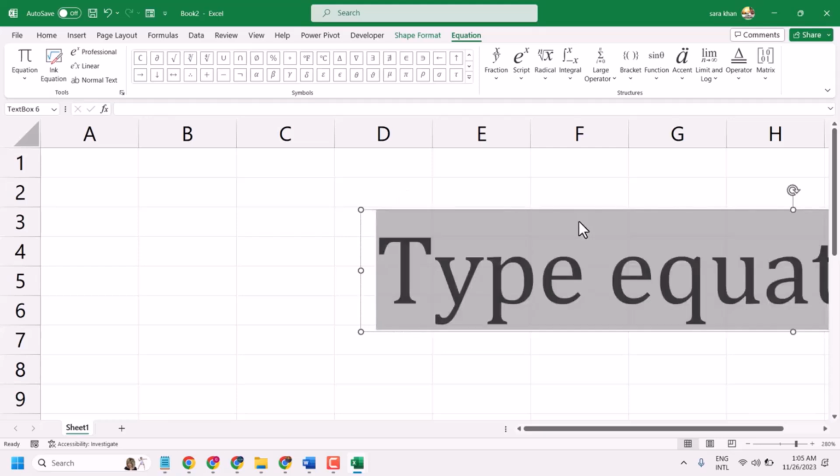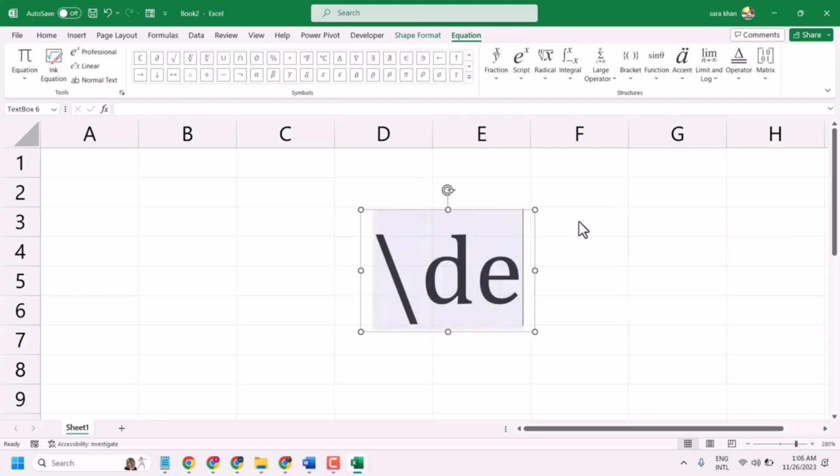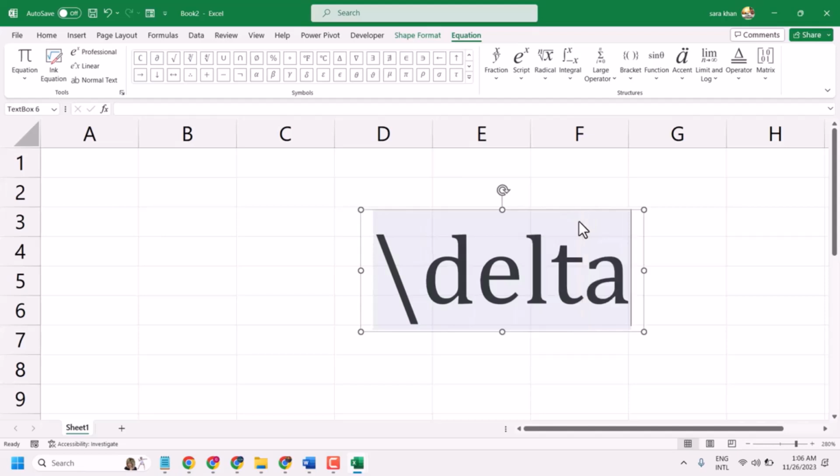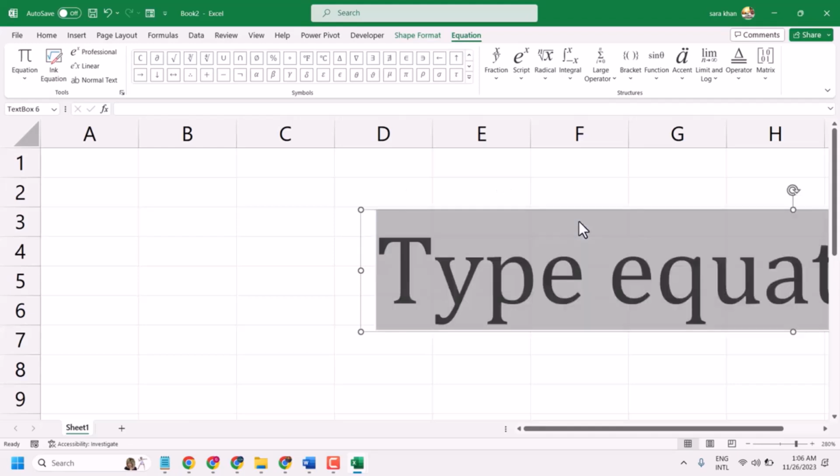Similarly, you can write delta symbol. Just type delta and one time space bar. So tap on space bar, theta,